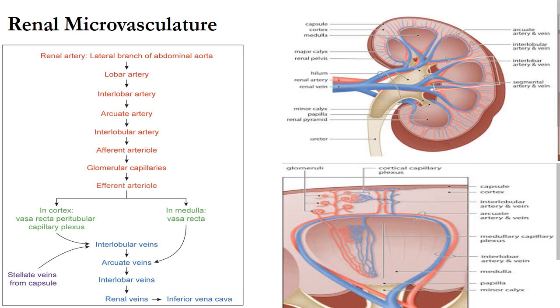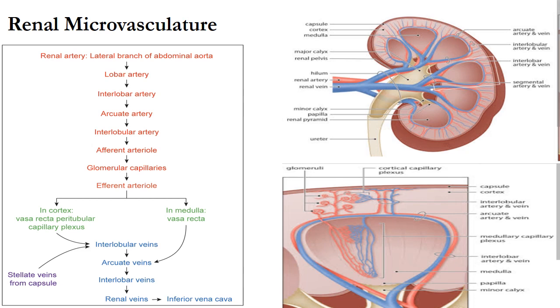The efferent arteriole emerges from the glomeruli, here from the cortical glomeruli. It divides into capillaries that surround the proximal and distal convoluted tubules. These capillaries drain into interlobular veins. Then they pass to the arcuate veins and into interlobar veins. Now the efferent arterioles arising from juxtamedullary glomeruli divide into 12 to 25 straight vessels and descend in the medulla as descending vasa recta, and they give side branches.